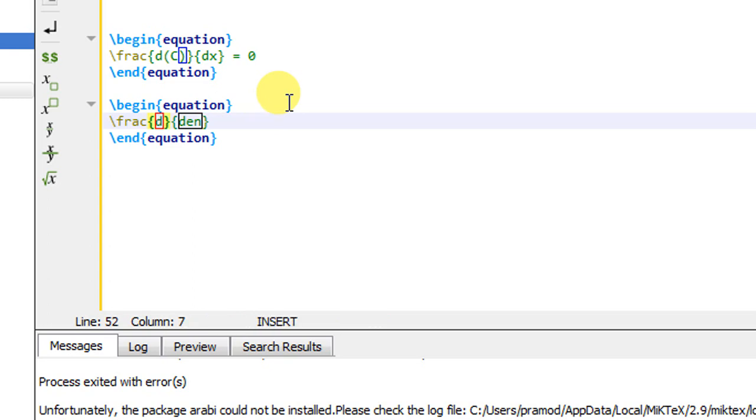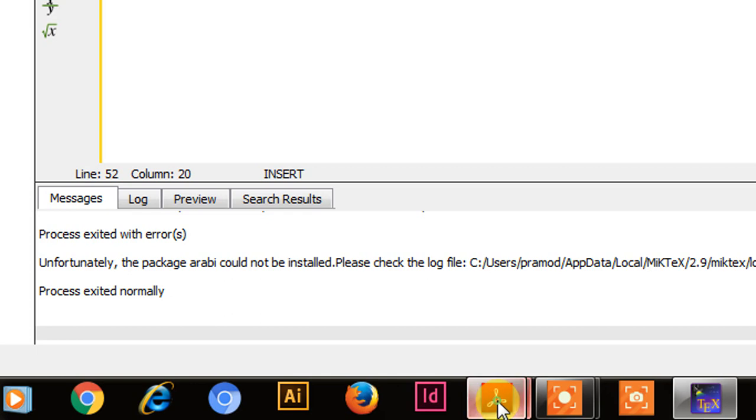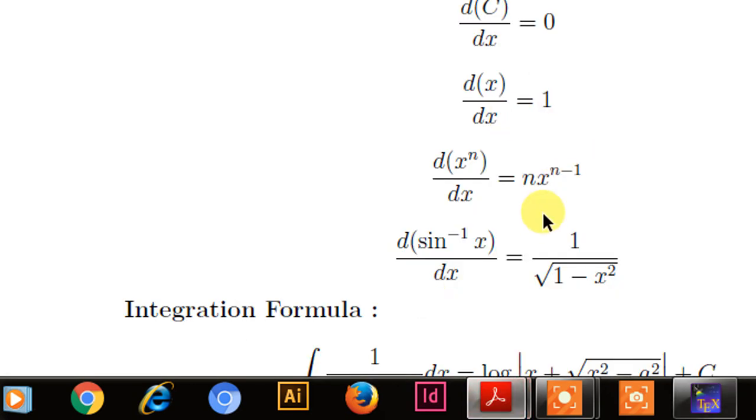In round brackets I will write x to the power n. How to write x to the power n? We have already seen, that is x cap n, and in the denominator we require the dx. So that is going to produce d of x to the power n divided by dx, and that is equals to, on the right hand side, n into x to the power n minus 1.